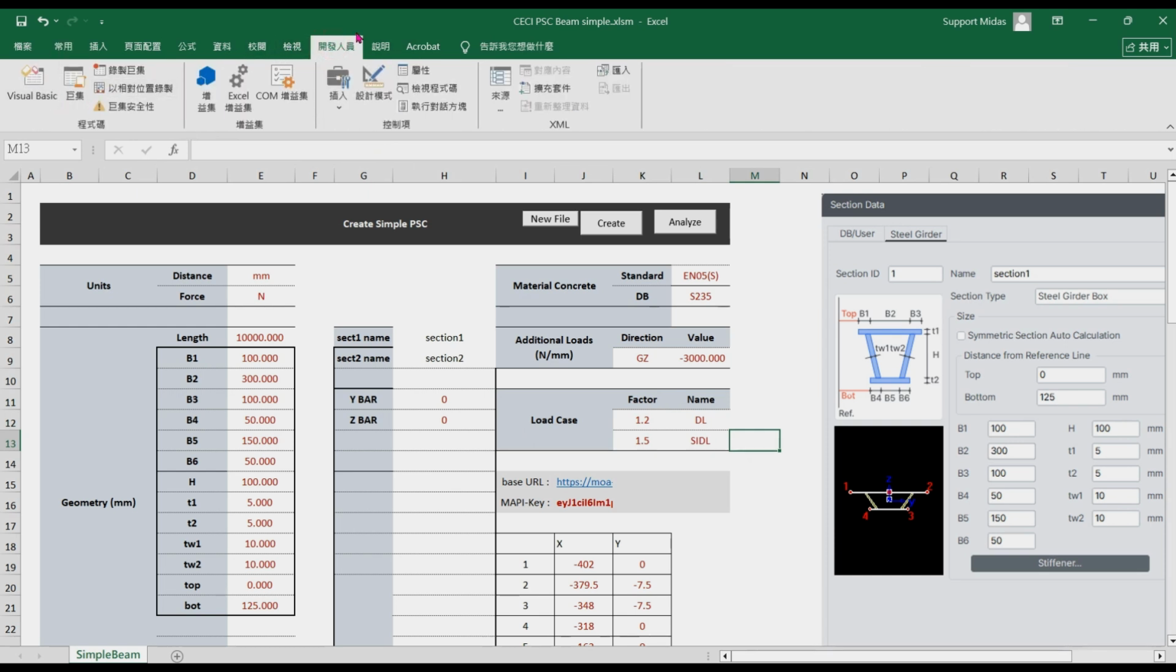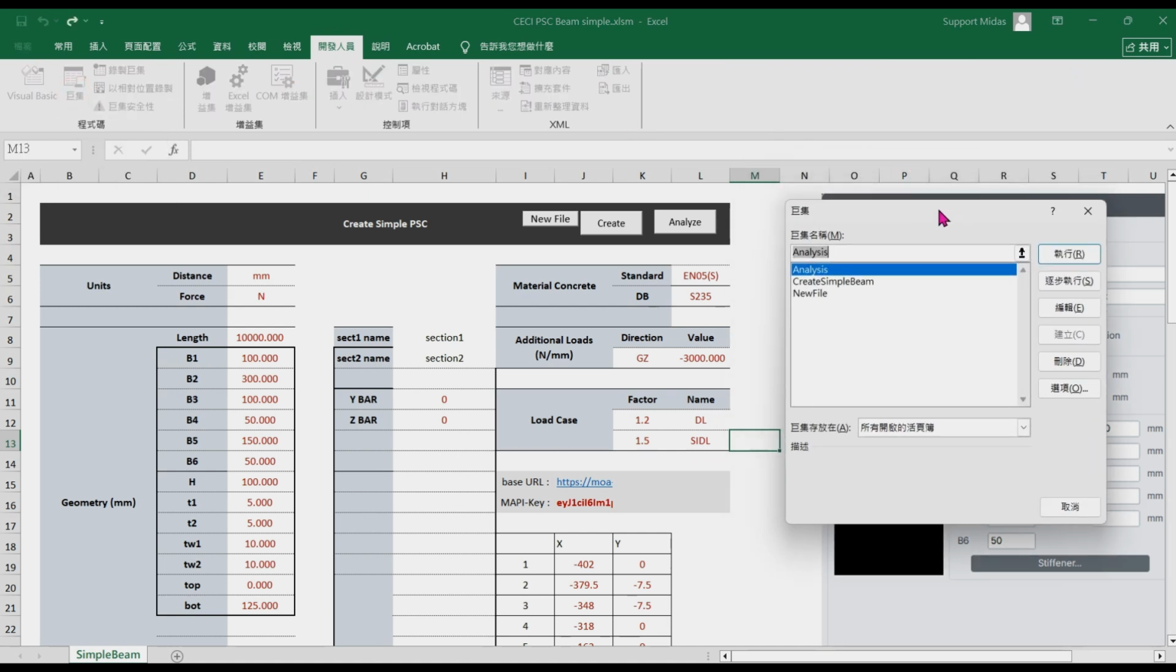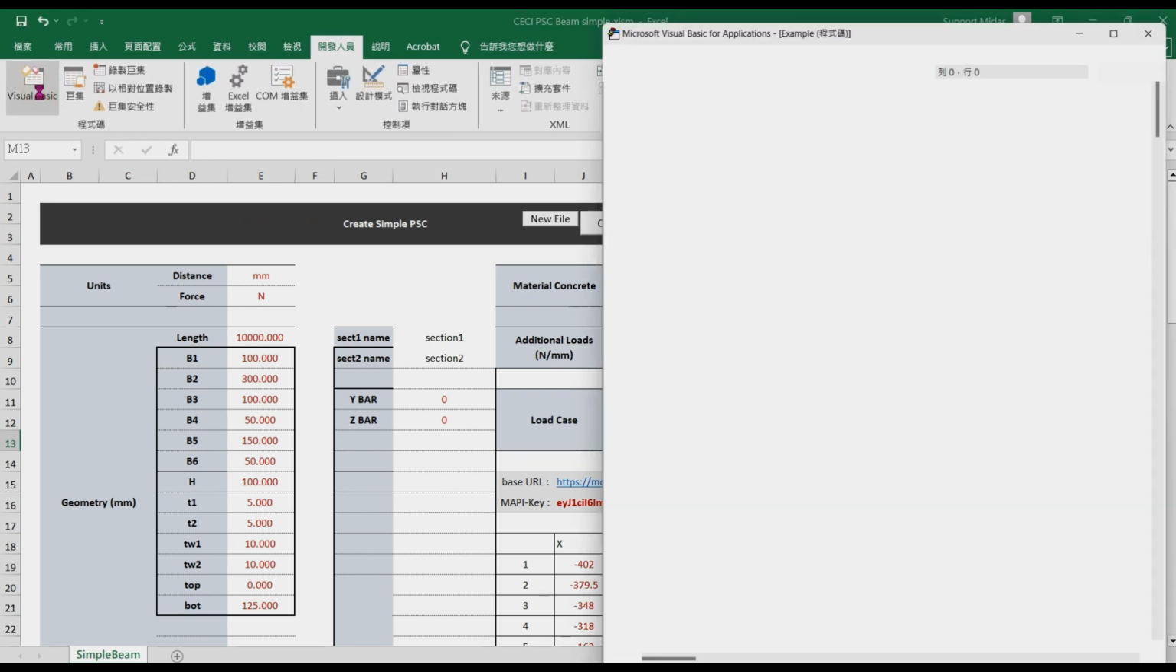You can see it here in the data. You can see there are Visual Basic and there are macro. So if you click on macro, I have 3 buttons that is assigned to each of the macro here. Analysis, create symbol beam, and new file. New file is this one. This one is create symbol beam. This one is analysis. Okay, when I click Visual Basic,